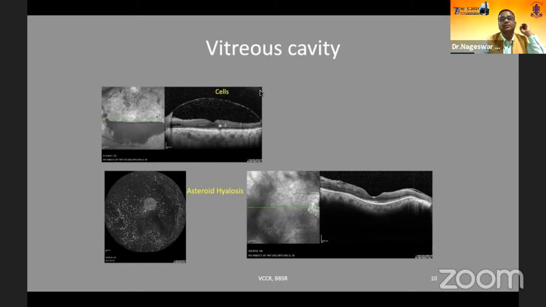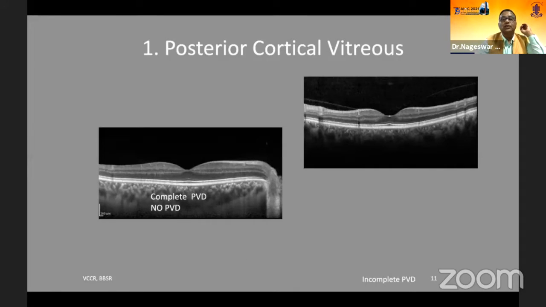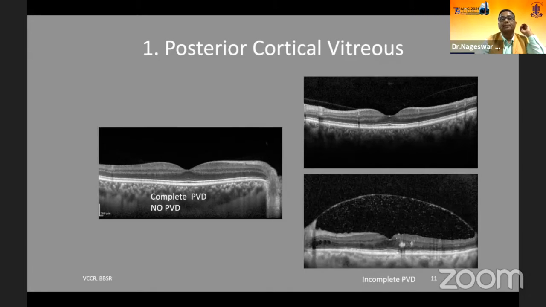Sometimes the membranes will also be seen, but this is a normal posterior vitreous detachment. And in fact the hemorrhage, suppose it's pre-retinal or vitreous hemorrhage, casts a shadow on the retina with a hyperreflective zone or hyperreflective layer. And the posterior vitreous cortex appears. Suppose the PVD is complete or there is no PVD, then you will see it like this. But something like here, it is incomplete PVD. That means somewhere it is attached at the perifoveal region. And here also it's incomplete PVD.